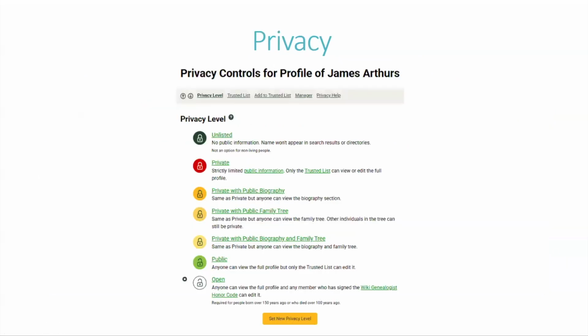So if we go in and look, it's saying that this particular profile is open. That means anyone can view the full profile and any member who has signed the honor code can edit it. It's also saying this is required for people born over 150 years ago or who died over 100 years ago. So basically this goes back to the whole accuracy thing that I was talking about. It's trying to balance